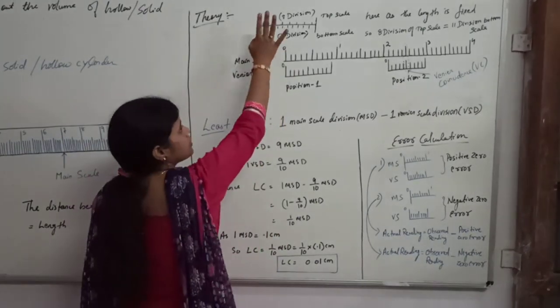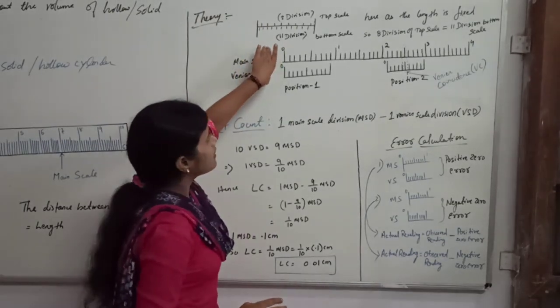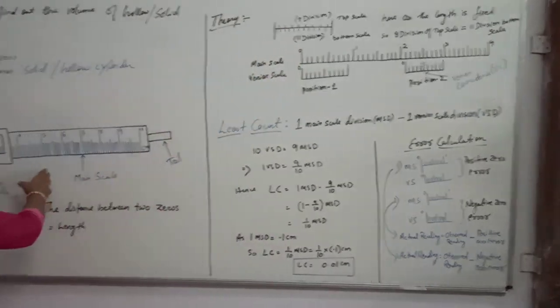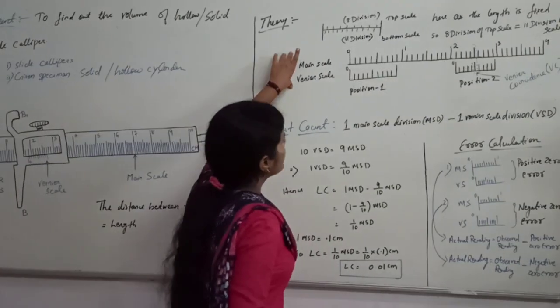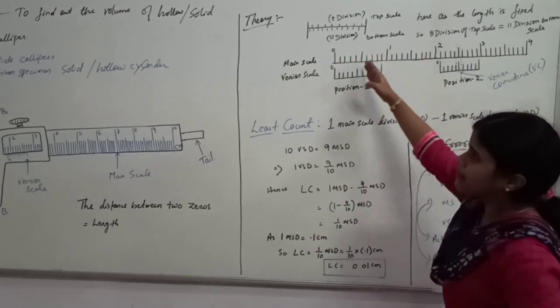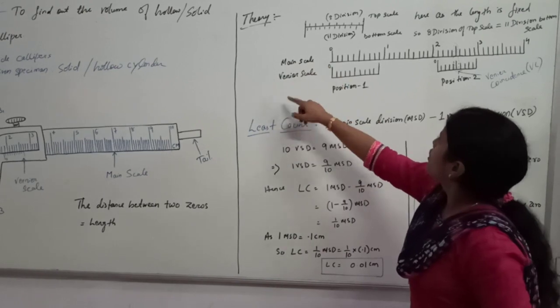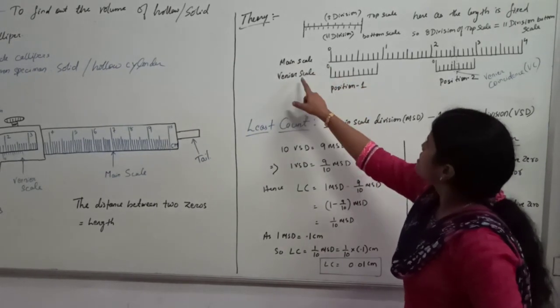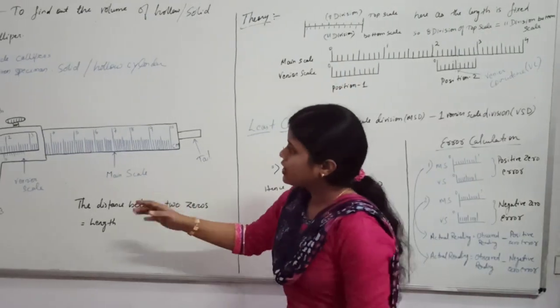Now you just forget about this diagram, because for an example I have shown you, but this is the real picture of this scale I have shown in this diagram. Okay, so this is the real picture. Here you see, you know that there are so many divisions in the main scale. The main scale is this one I have written here. Okay, and there are some divisions in the vernier scale. When you completely close the jaws,